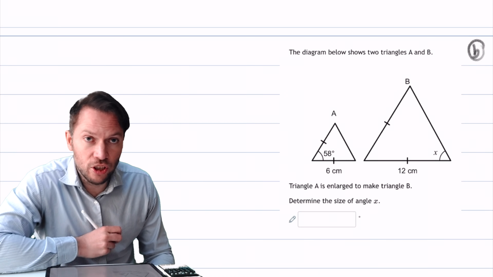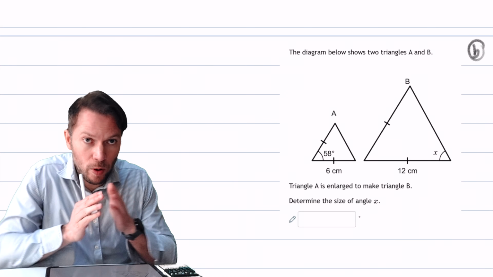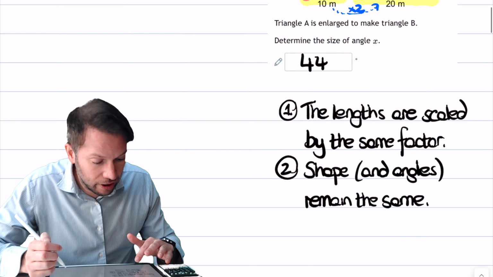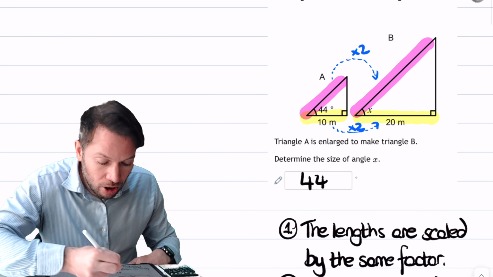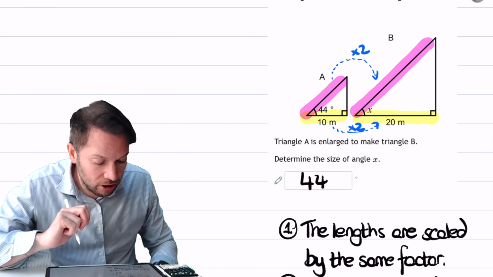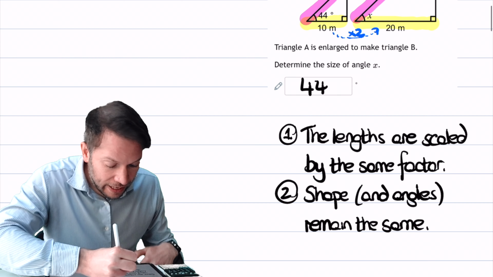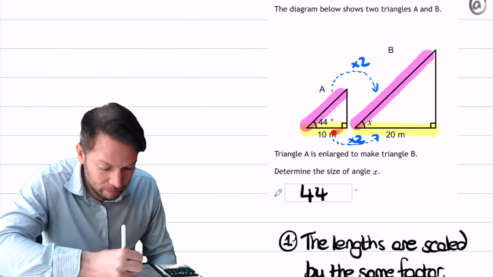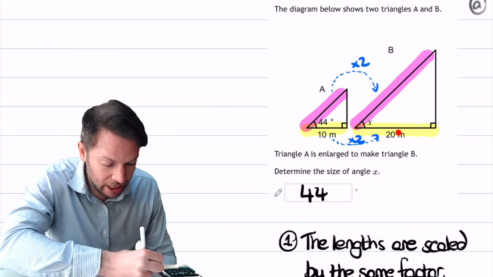In this video, we're going to look at properties of similar shapes, and when we scale shapes, we enlarge them. Now, we saw in the previous video that if we enlarge one triangle to make a bigger triangle, the lengths are scaled by the same factor. By that, I mean, if this bottom length of the triangle is doubled to become this length of